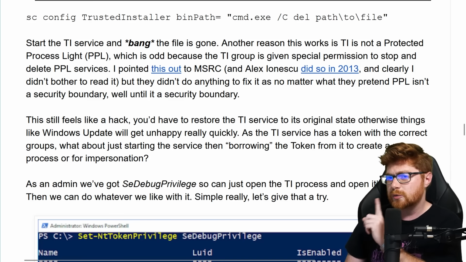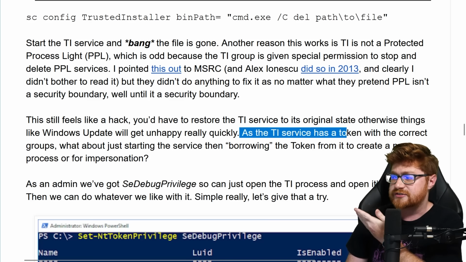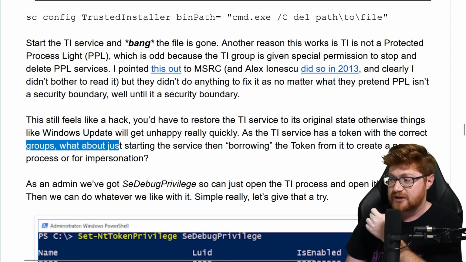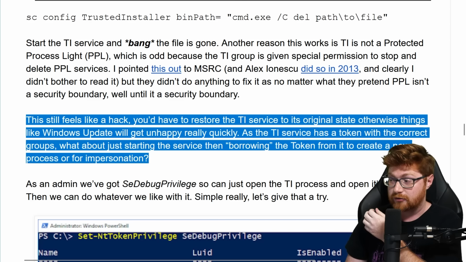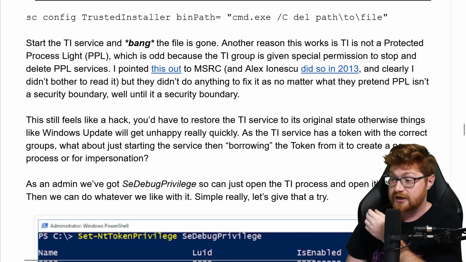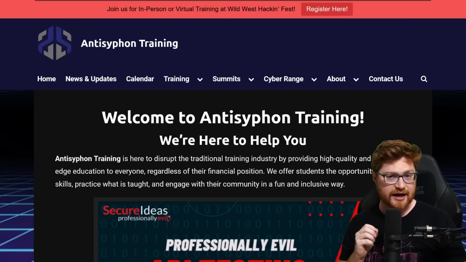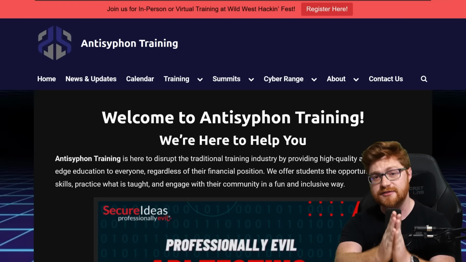So could we not just use the token that we've seen, that security privileges, with the correct groups, just trying to start a service and borrow or steal or take that token to create a whole new process and impersonate it? That is what we will do next, but first,